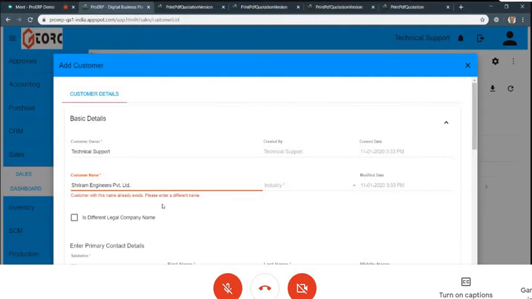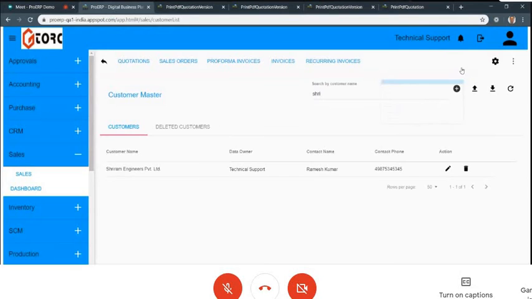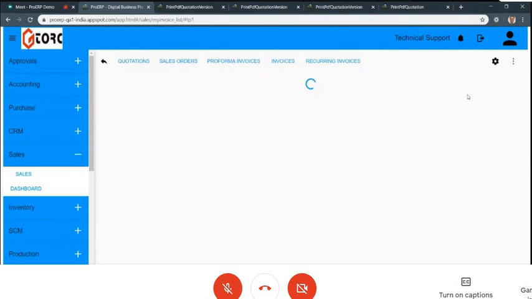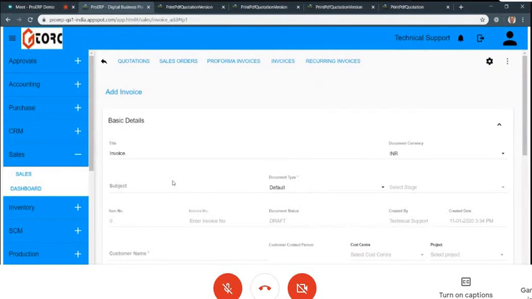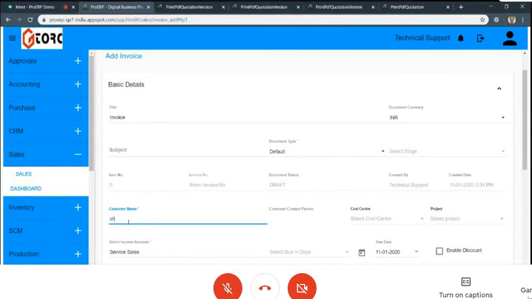If you go into the master, you select three words, and it will show you all the Srirams that are there. And then you have to select the right Sriram. When you create a new invoice, for example, and you have to select a customer, the moment I type a couple of characters, the system will show me the matching customer list with that name. So if there were more containing Sriram, then all four will show up there, and you just select the right one, correct?